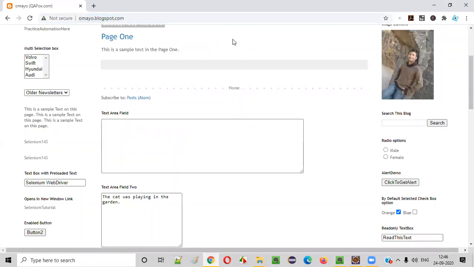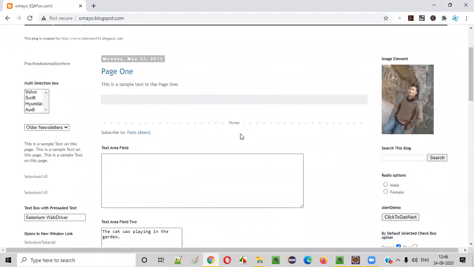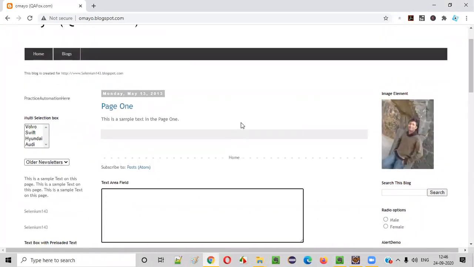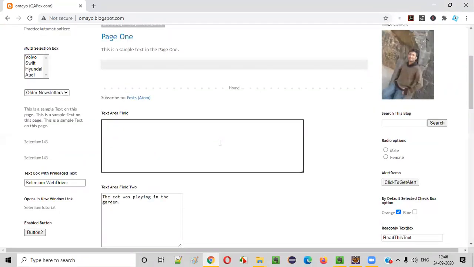On this web application page, there are several UI elements. The UI element can be an image, a button, a text box field, a text area field. It can be anything, radio buttons, checkbox options and all. For example, I want to find the x and y coordinates of a text area field. Any UI element can be used, this field or this one, anything. Let's say I want to find the x and y coordinates of this text area field that is highlighted now here.